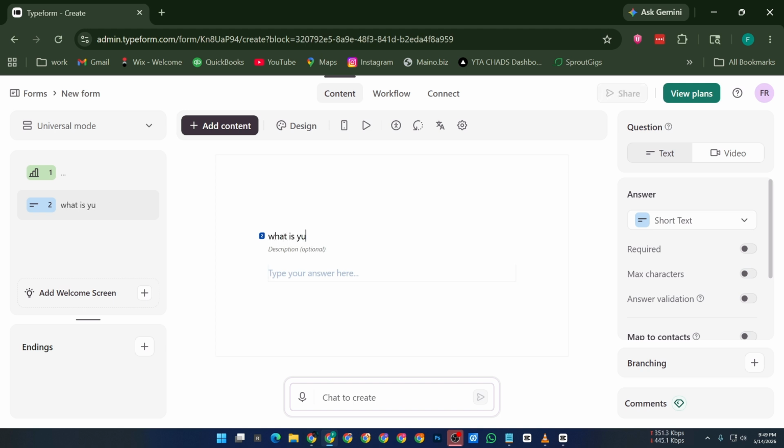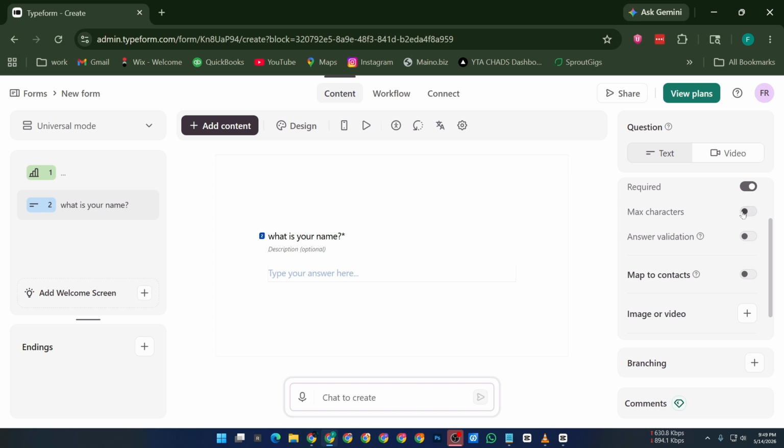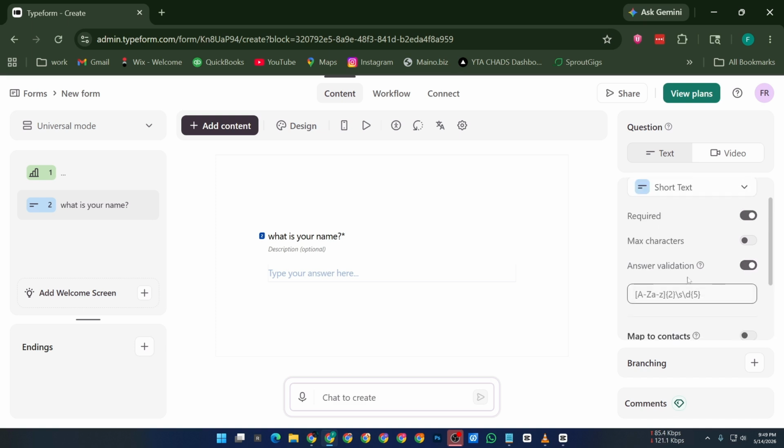After that, head over to the Settings panel on the right side to customize the question. Here, you can make the question required so users cannot skip it before continuing. This is useful for collecting important information like names or email addresses. You can also add validation rules. For example, if you expect a specific type of answer, Typeform can help limit incorrect responses and keep your data